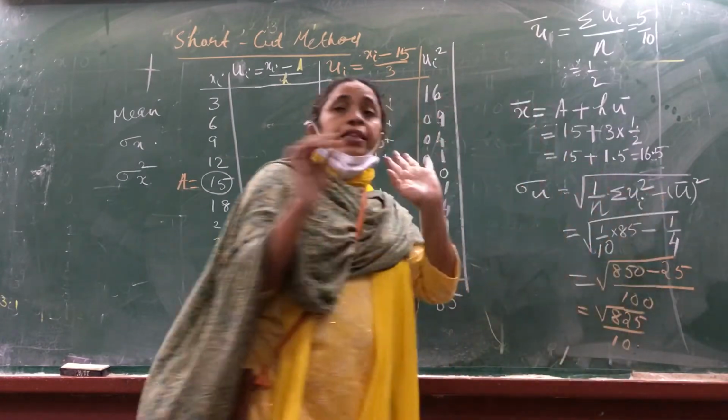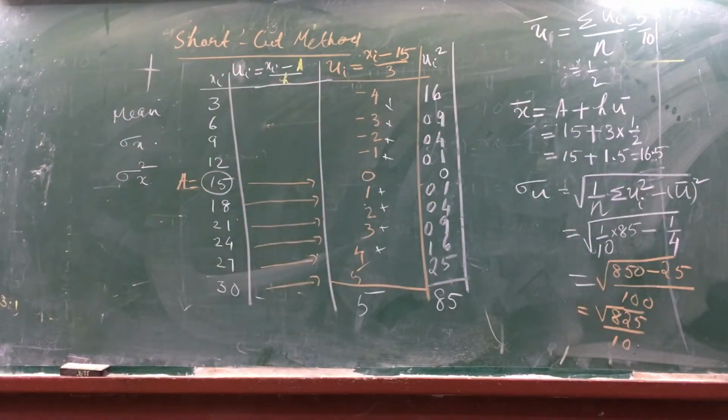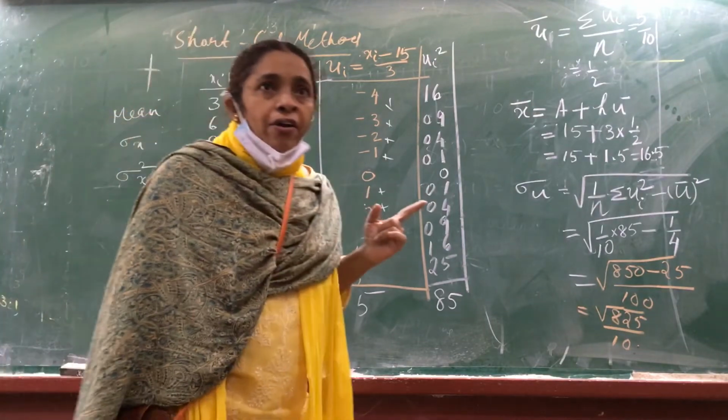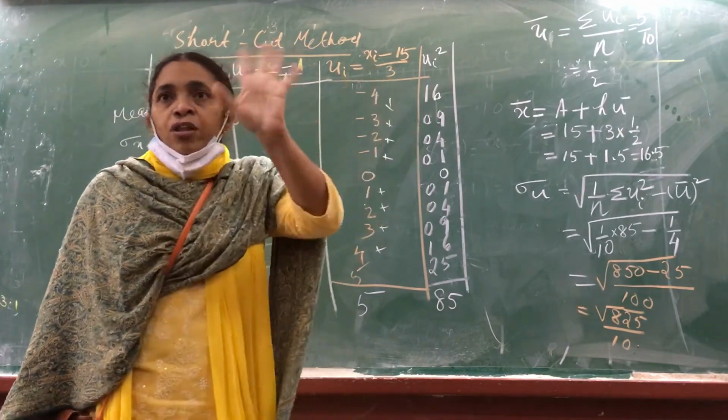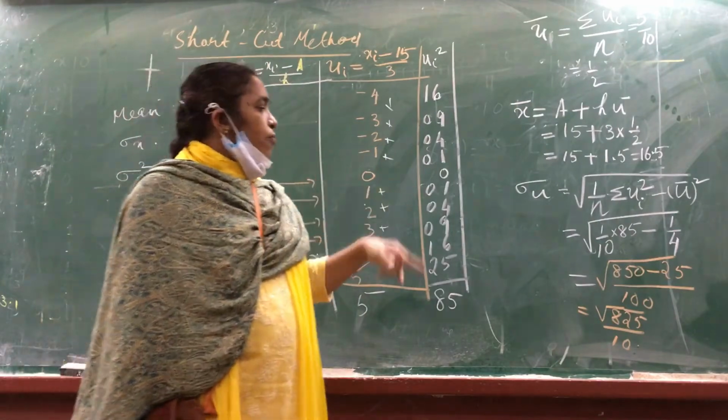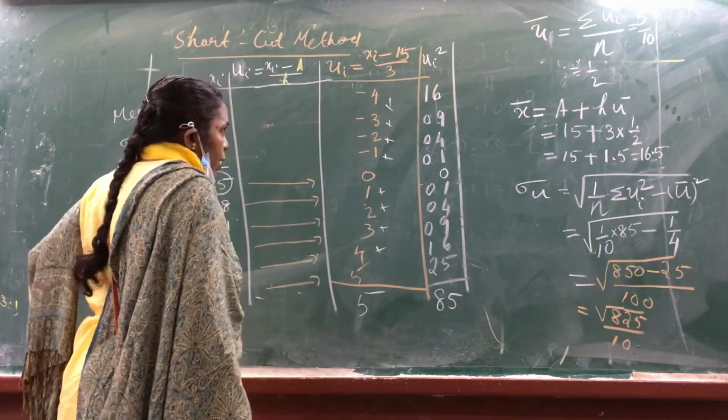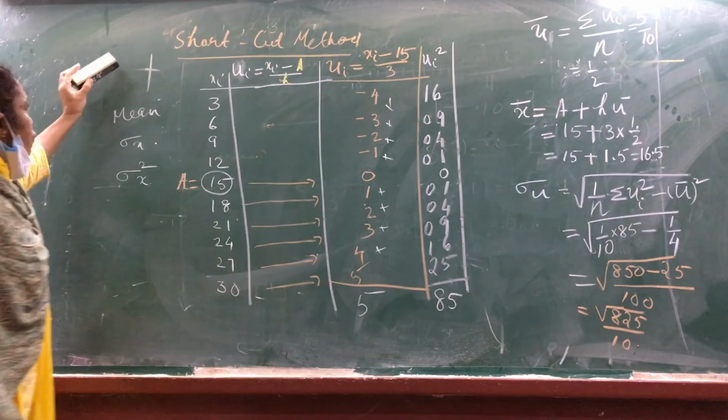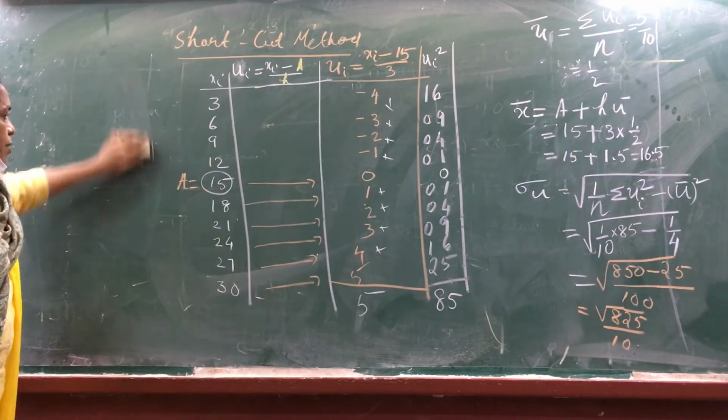Okay, मैंने ऐसा रख दिया. Don't find out root 82500. But this is not our question. Our question is sigma x. हमने नए वेरिएबल का स्टैंडर्ड डिविएशन फाइंड आउट किया है. This is not required. Don't do the full calculation. You have to find out sigma x. And what is the formula for sigma x is